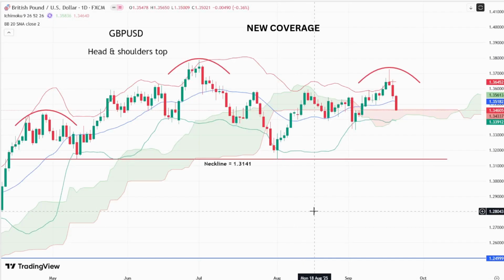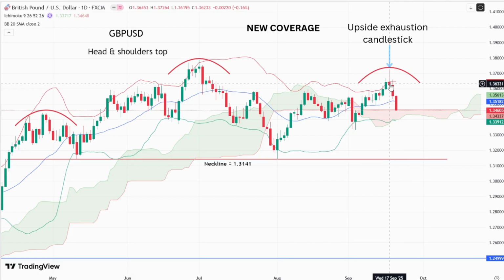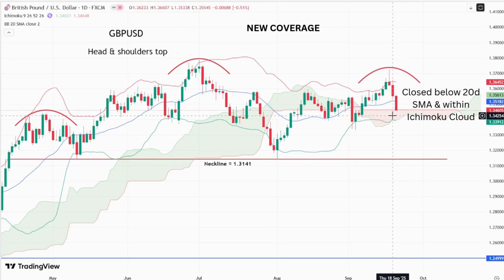Moving on to new coverages, I will be covering 4 new FX crosses, starting off with sterling dollar. This week's price action development suggests the formation of a head and shoulders top in sterling dollar. Price action on the 17th of September is an upside exhaustion candlestick, suggesting that downside is preferred, and the latest close on Friday below the 20-day simple moving average, as well as closing slightly within the Ichimoku cloud, are also